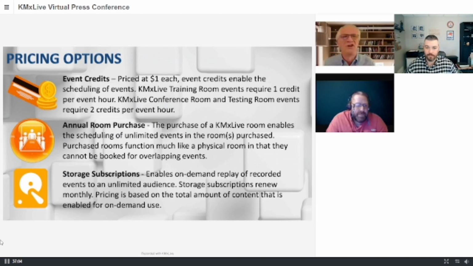Let's talk about how much all this costs. Right now, at least for now, your first 20 event credits are free because we really want to get customers using the system. We're obviously providing access to all of our KMx Enterprise and KMx ASP clients at some level. For most of those clients, they've been with us a while, so they're pretty used to what we're offering. And the price points here on the KMxLive.com site are roughly equivalent, although our larger clients do get additional features that we don't offer on KMxLive.com.